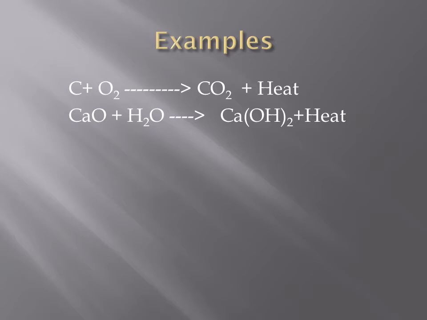So this is an equation. This equation refers to the slaking of lime. When water is added to quicklime, quicklime is calcium oxide, CaO. A lot of heat energy is produced with the formation of slaked lime. Calcium hydroxide is slaked lime. The heat produced boils the water and we hear a hissing sound. The reaction is called slaking of lime.